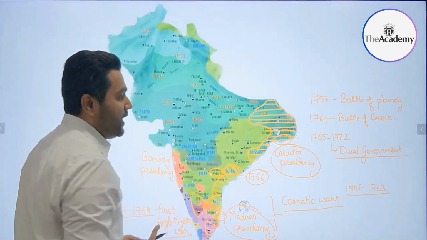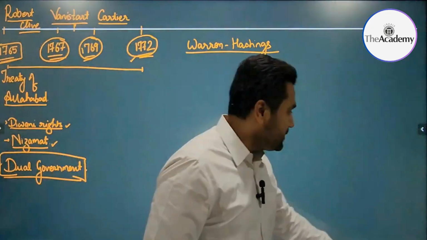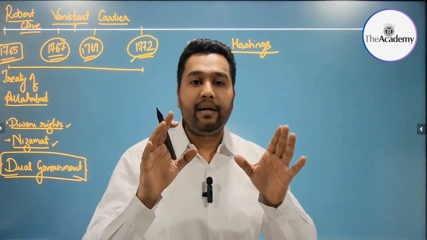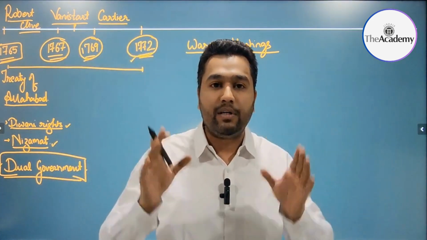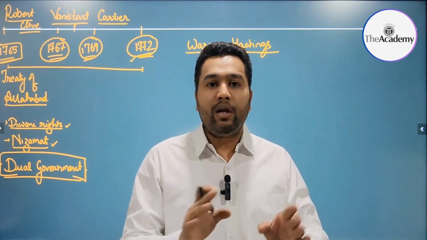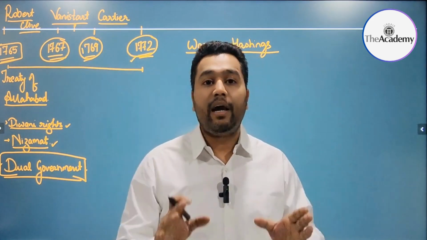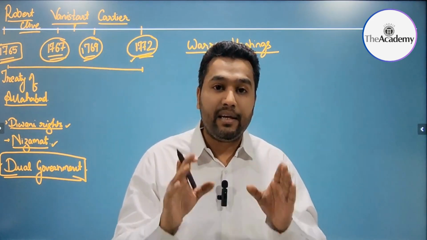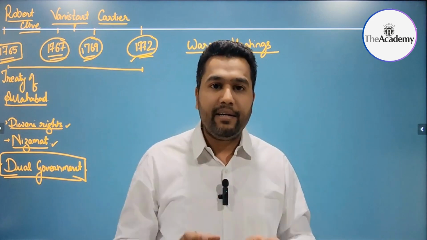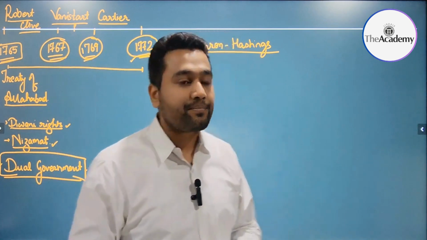After this, when Shah Alam II came under the protection of the Marathas, Warren Hastings repudiated the Treaty of Allahabad and declared the British as the sovereign power. So in 1772, the Mughal authority over Bengal, Bihar and Orissa was done away with. Henceforth, it was supposed to be English rule. The English declared that Bengal, Bihar and Orissa is a territory that is occupied by them.